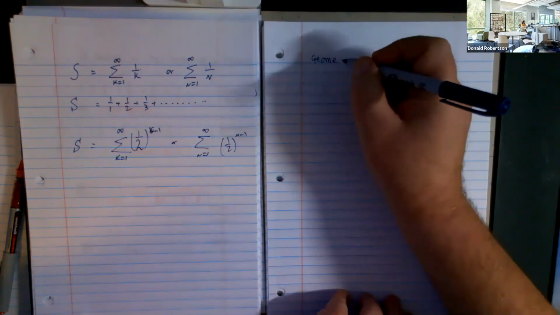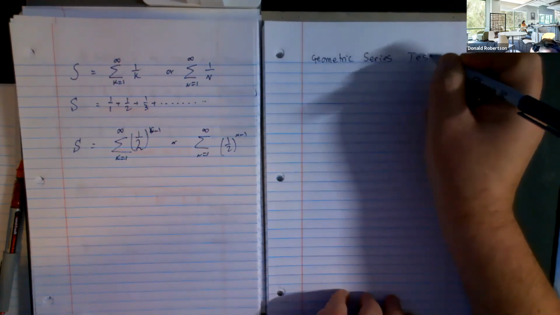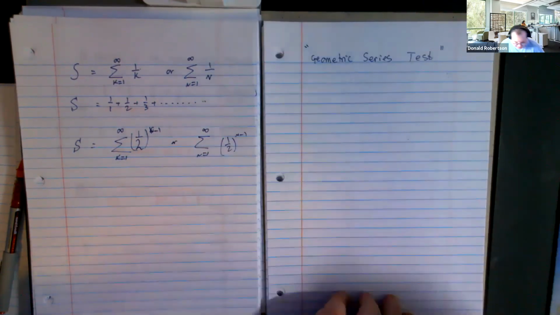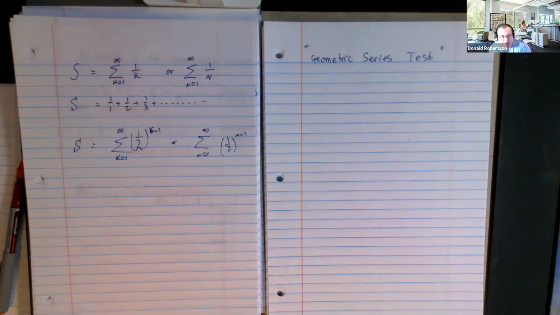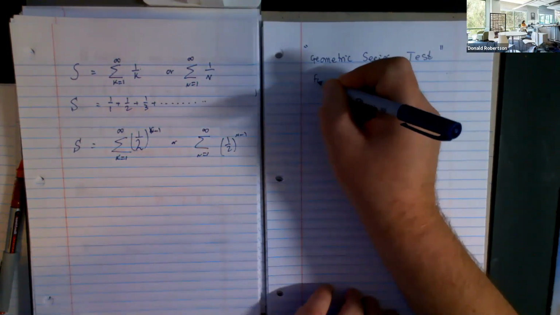So here is our first test, geometric series test. What this test does is it will tell you if a particular geometric series, that's one where the sequence was a number and then you times 2 times 2 times 2, or times a half times a half times a half, right? Something like that. Geometric series test. And it says for any